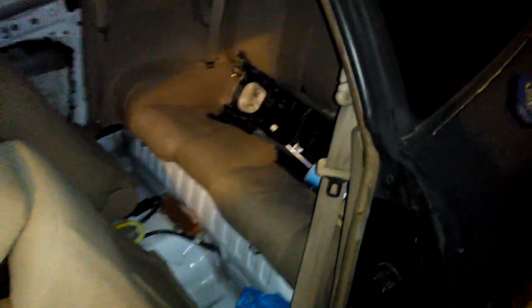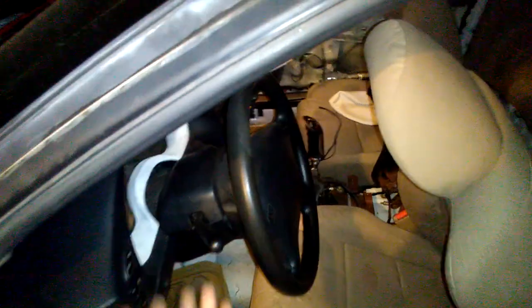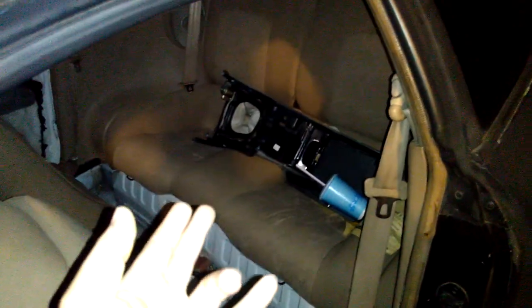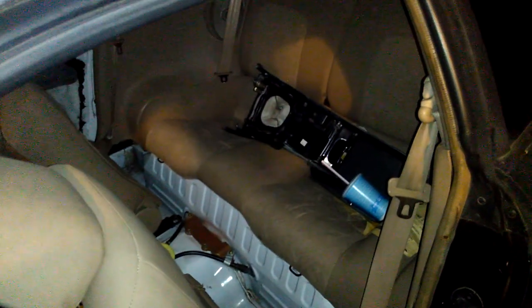See my car lights? I have lights. Anyway, back to what I was saying. I'll show you, there's more light when I put the key in the ignition. Okay, back to what I was saying: tap the fuel pump and crank it up, see if it starts. If not, then worst case is I'm gonna have to